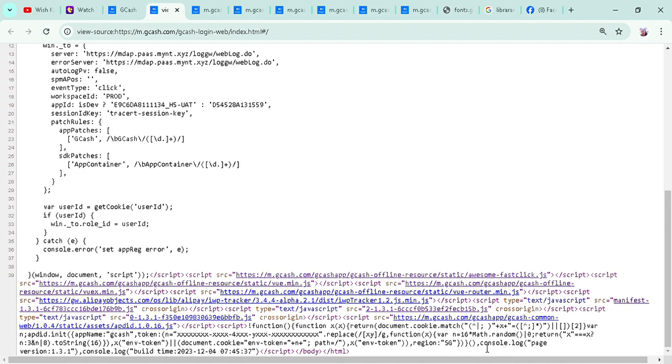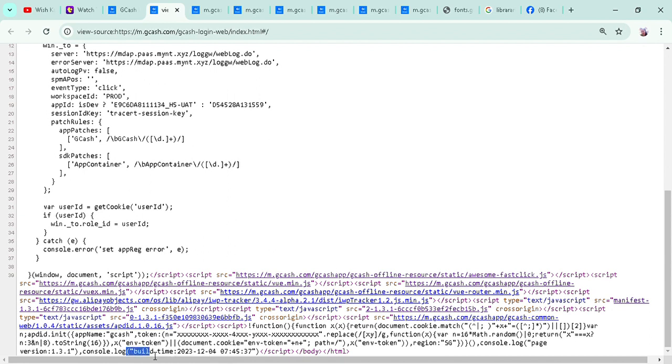Oh no, C++, not C sharp. Then the version, they use version 1.3 in the console log while build time 223. So this is December 4, 2023.